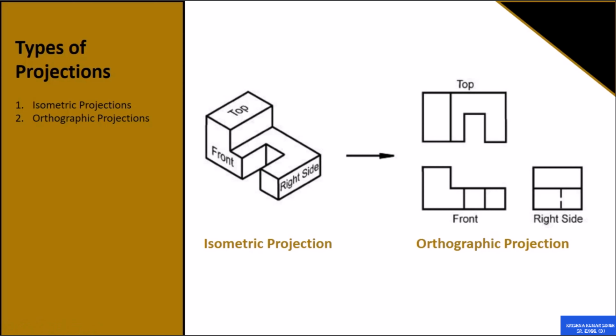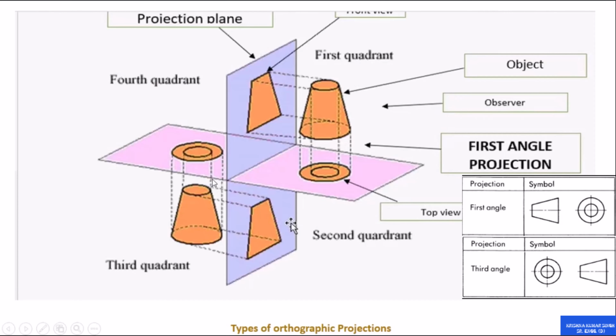Now we have types of orthographic projection, which is very important. Actually we have four quadrants, as you can see here, but we use only the first quadrant and the third quadrant, according to the rule. We need to rotate the horizontal plane 90 degrees in the clockwise direction, and then we get the first quadrant. If we move the horizontal plane 90 degrees, then we have this view and this view. But in case of the second quadrant, if we move the horizontal plane 90 degrees clockwise,